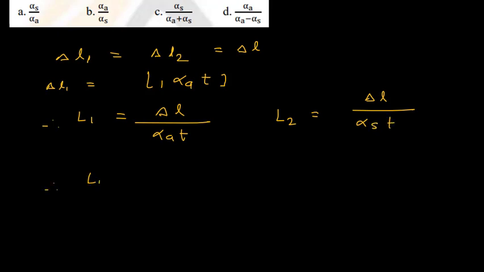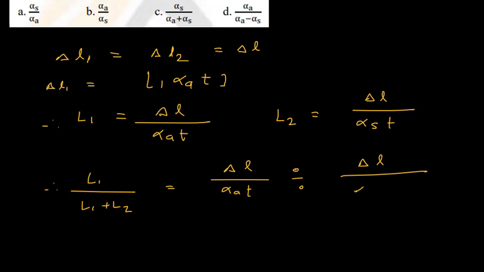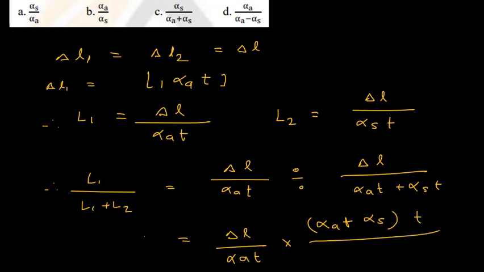Therefore L1 upon L1 plus L2. So L1 is delta L upon alpha A into T, divided by delta L upon alpha A into T plus delta L upon alpha S into T. So this equals delta L upon alpha A into T multiplied by, taking T common, alpha A plus alpha S whole into T divided by delta L. Now delta L cancels, T cancels. So the final answer,